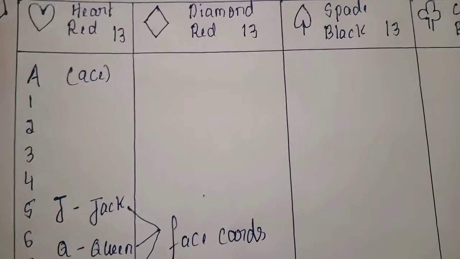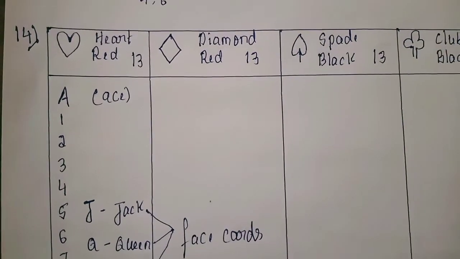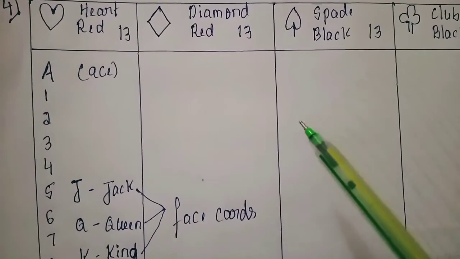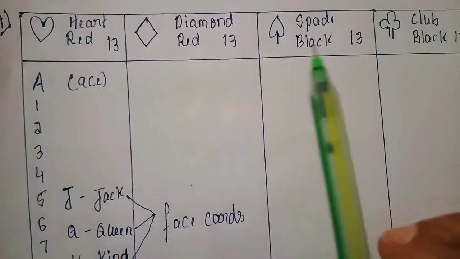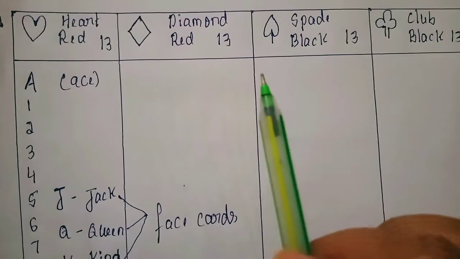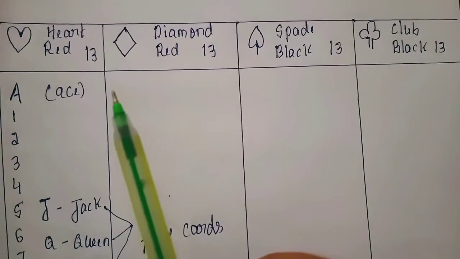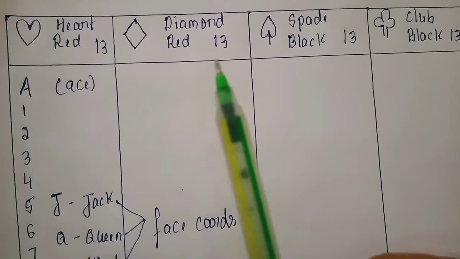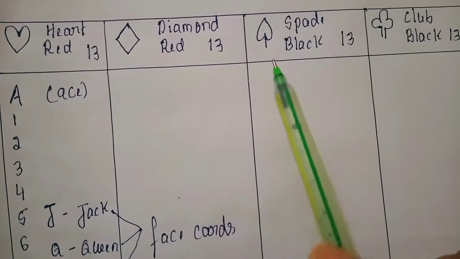When you observe one full set of cards, if you purchase it in the market, a full set of cards has 52 cards and 4 joker cards. In the concept of probability, we are not including the jokers because jokers don't have symbols. Here we are taking only the symbol and color cards, leaving the 4 jokers. So leaving 4 jokers, there are 52 cards. When you observe the full set of cards, you can see the 4 symbols there: heart, diamond, spade and club.